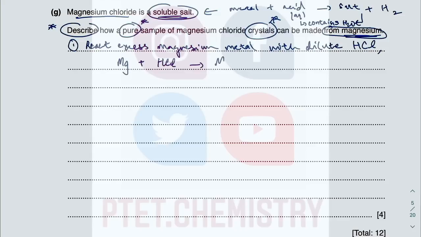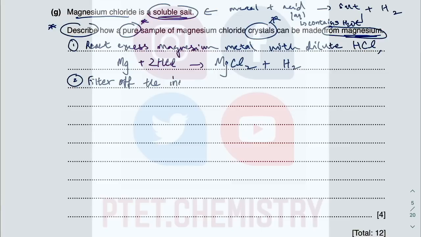So I like to write my equation to show that I know the chemistry. But of course, when you write an equation and you don't balance it, that defeats the purpose. Okay, so this is magnesium chloride, Mg2+ Cl-, is MgCl2, 2 chlorine, only 1 chlorine here, so I need a 2 there. H2, 2 times 1, H2, so 2 hydrogen, this is balanced. All right, because you use excess magnesium, so filter off